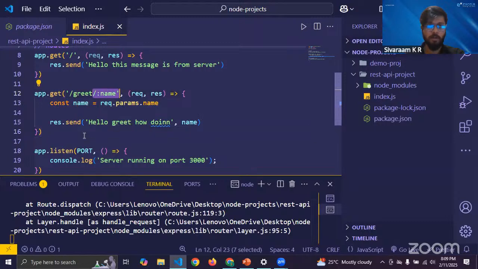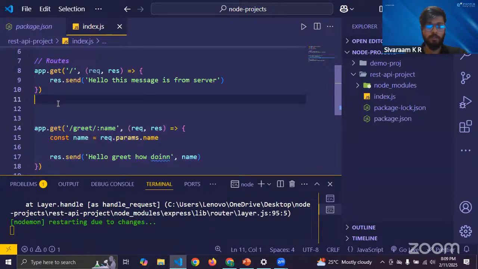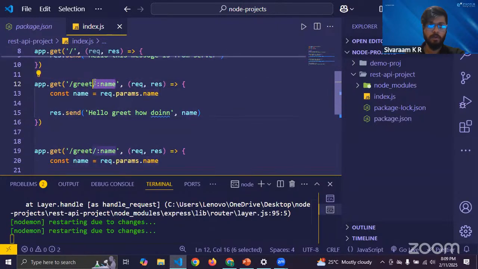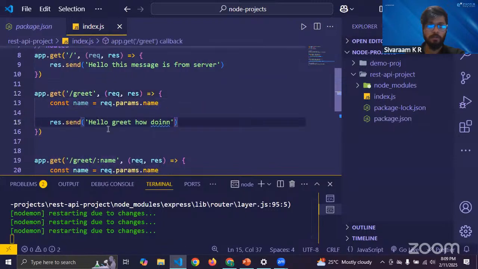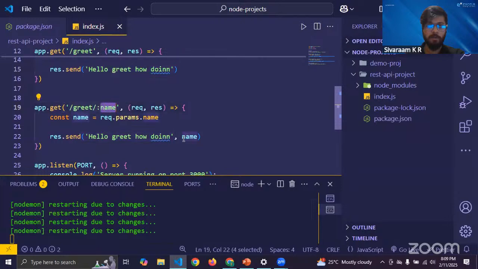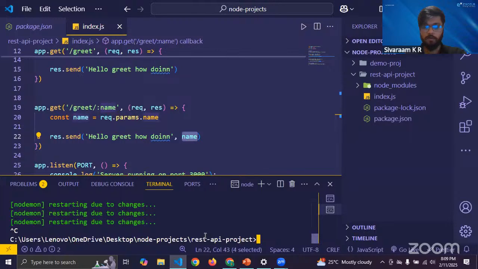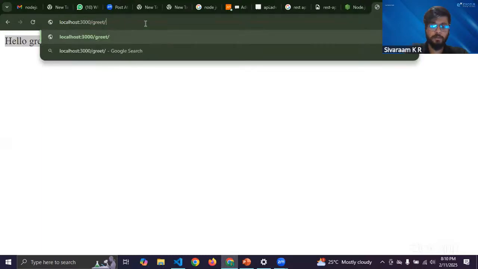So what I'll do is create two functions here. One is greet, which will just simply return your message, and then one with a path parameter. So if you just do greet, you will get this simple message. If you pass a path parameter, it will get the message with the path parameter. Now I'll rerun this again. If I do greet, I'll just get the message. So if I pass something here,